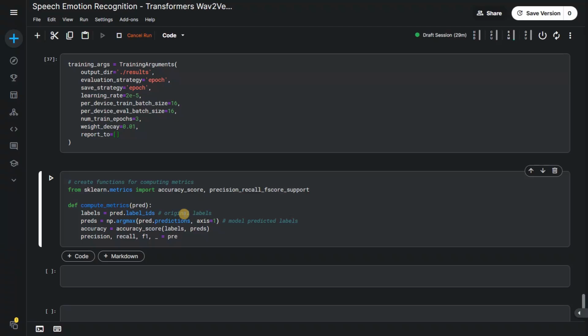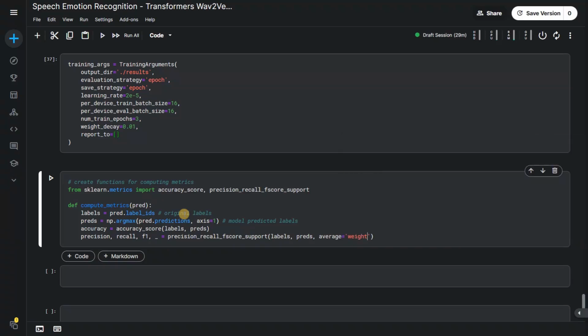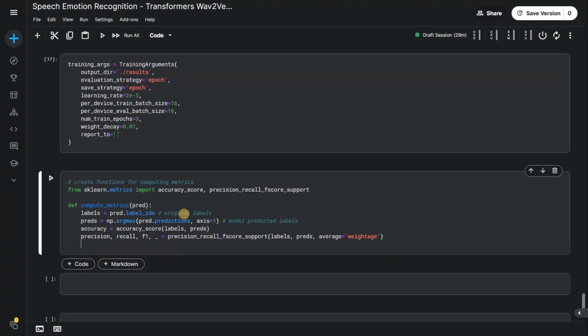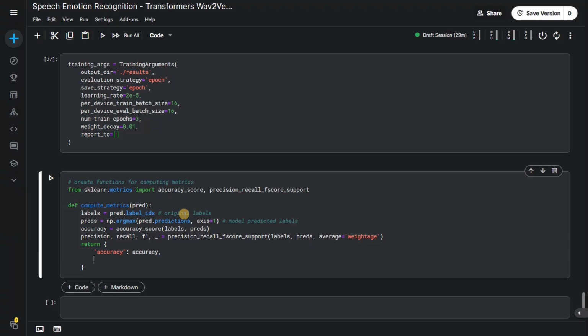So precision_recall_fscore_support of labels, preds, and average equals weighted. So this will give you the weighted average, and return accuracy, precision,